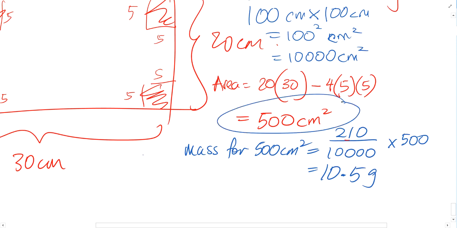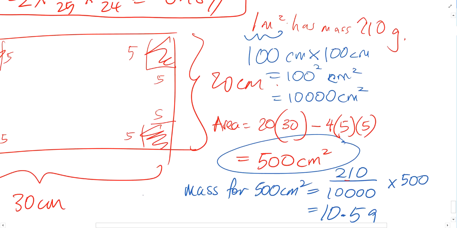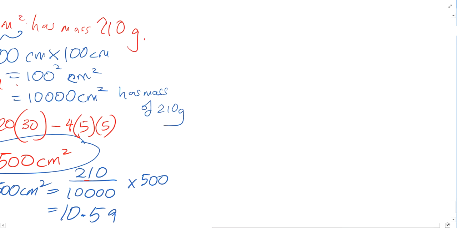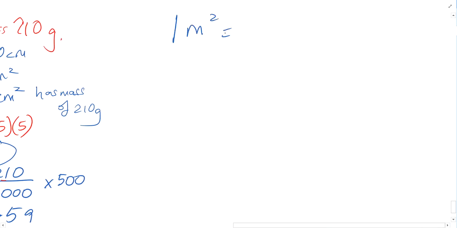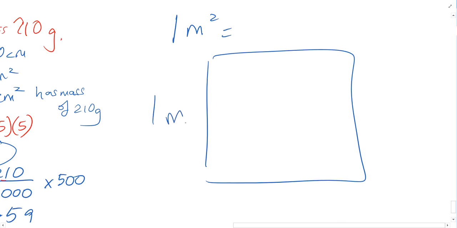Do you understand the area? Do you understand also that 10,000 square centimeters has a mass of 210 grams? Do you understand this part? The 1 square meter is quite big. 1 meter by 1 meter. One square meter equals 1 meter over here and 1 meter over here. Right? That is 210. This one over here has a mass